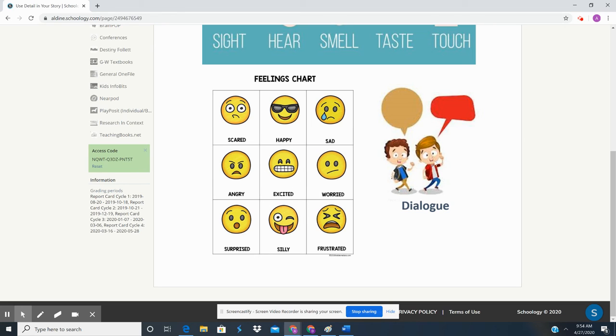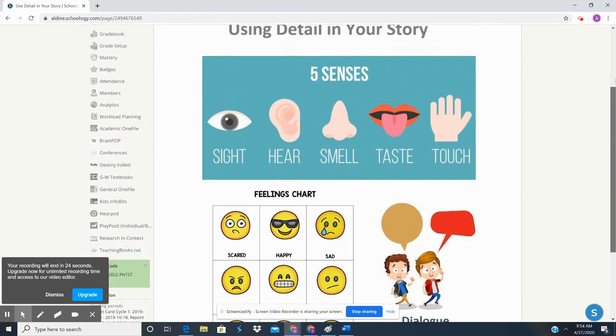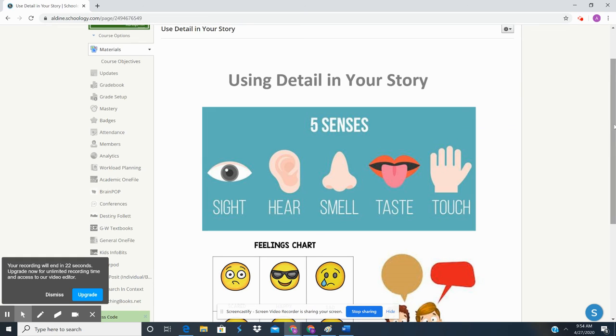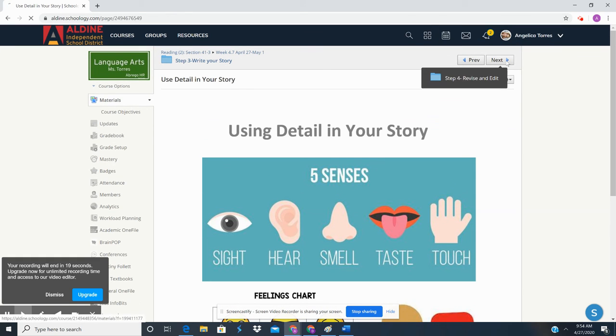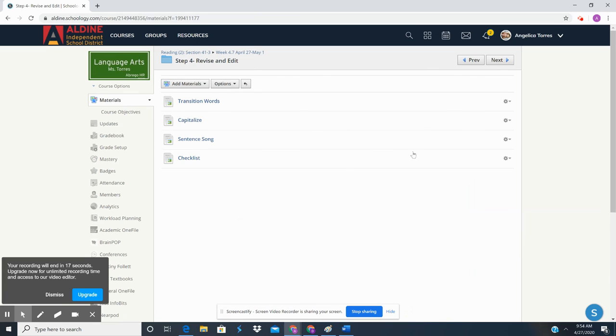Okay, and dialogue, just like when we read books, we have our characters talking. So in your memory, you still have characters. Maybe it's your mom, your dad, you. What are y'all saying? Okay, what is the dialogue that's going on? Is your mom saying, "Hey, come back and do your homework"? Or if my mom, I remember my sister was going, "Wah, wah." So put in as much detail as you can, and you're ready to write your book.